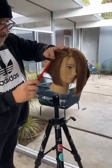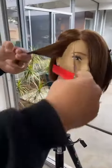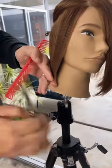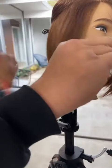So just this front corner is always such an important place on any bob shape. So I'm going to start working back opposite to the original now that the hair is dry. Hold in my fingers and check a little bit there. I can also check it through the comb or against the skin,